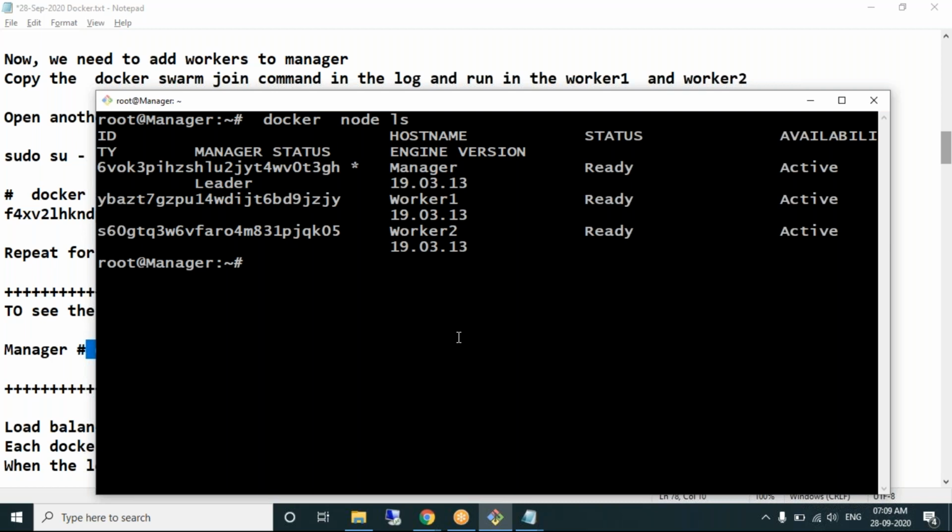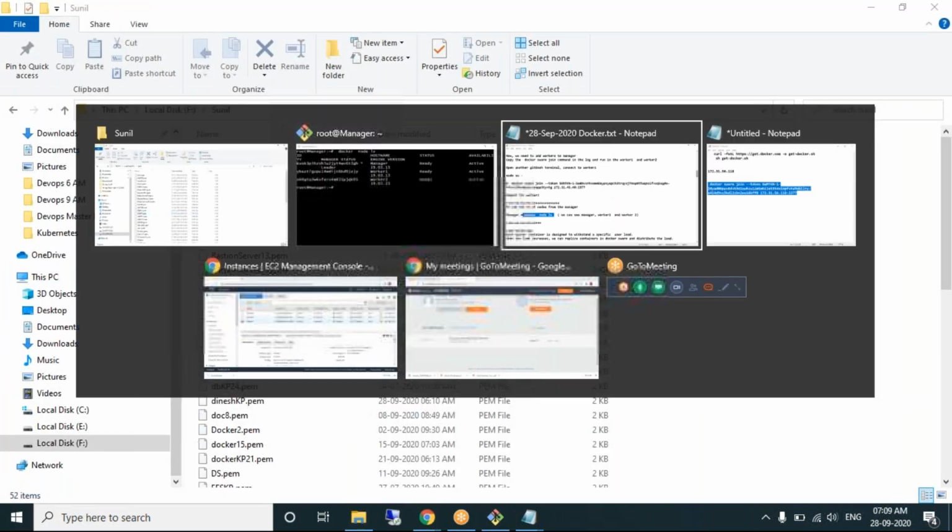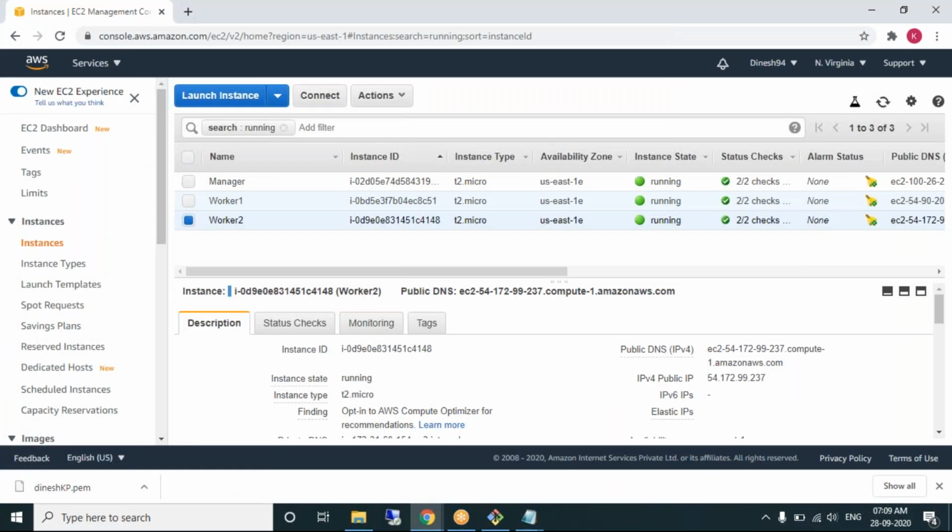Clear about this? Quick recap. You also create this infrastructure in your AWS account. First step, create 3 EC2 machines. Step 2, install Docker on all the EC2 machines. Step 3, change the host name. Next, connect to the machine named manager and install Docker Swarm. That's one command. When you install Docker Swarm, it will generate a join command. Run that join command in worker 1 and worker 2. Those two workers will be joined to the manager. Once this infrastructure is ready, tomorrow we'll see how to create containers in distributed environments.